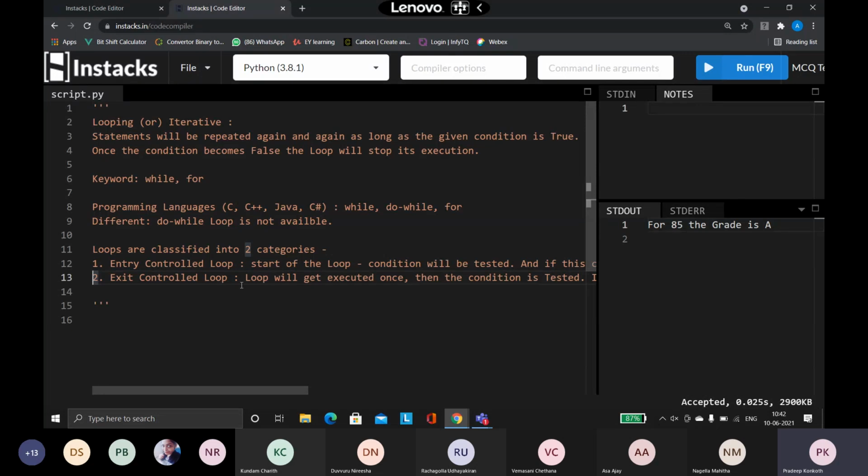What is the process in a fast food center? First you will go, the menu card will be there. You will select, I want this item, I want this item. You will go to the bill counter. You will tell him what you want. He will give you the bill. You will pay the bill. You will get the token. Then you will give the token and get your food. So this is an entry controlled loop.